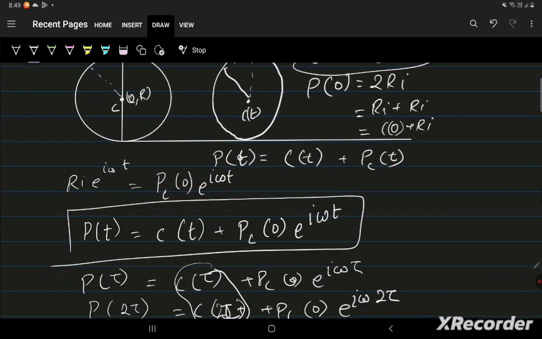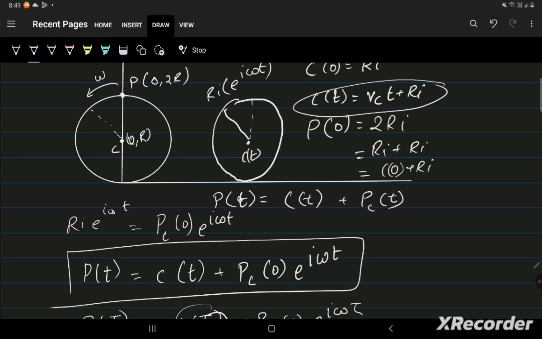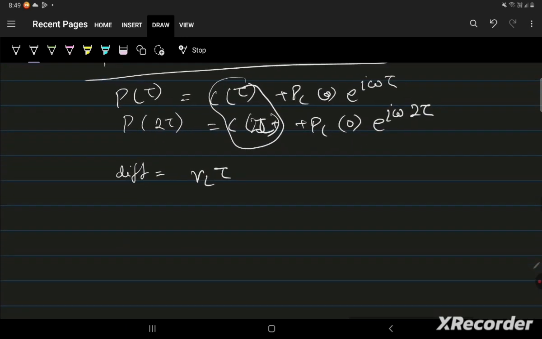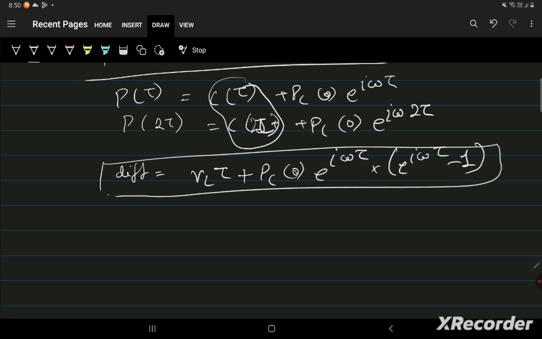Ct, C as a function of t, is given as Vc plus Vc into t plus r iota, which I will get as Vc tau plus Pc at time equals 0 e to the power iota omega tau into e to the iota omega tau minus 1. Now we can say that e to the iota omega tau is a rotating vector. If you try to find between n tau and n plus 1 tau,